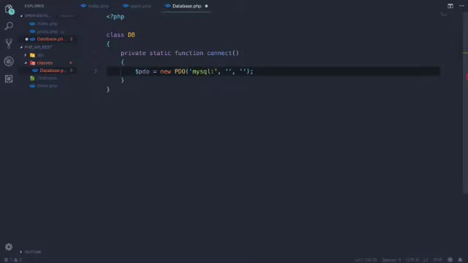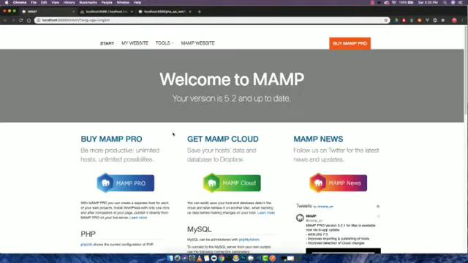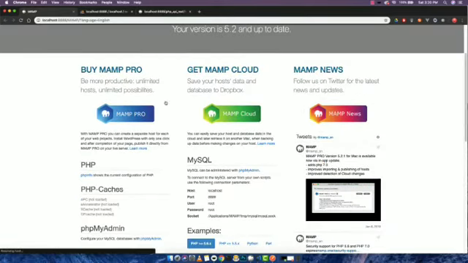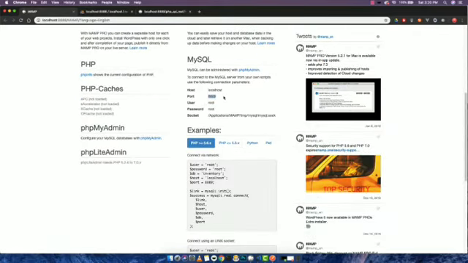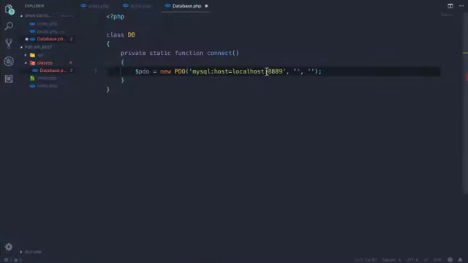So I'll simply provide mysql:host equal to localhost, and our MySQL server is running on port 8889, because you can find it over here in the documentation of the MAMP root project. To connect with MySQL, this runs on port 8889, and if you are in XAMPP you need not specify this, it runs on port 3306. Then we also have to specify the database name, so we write dbname equal to, and our database is